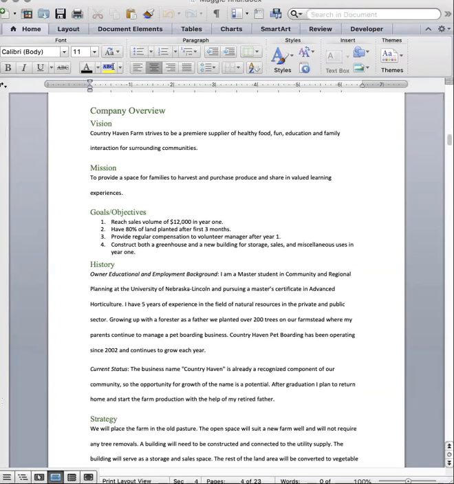She has great mission and vision statements that I'll let you read through, and specific goals and objectives to start her business. Again, in her history, she outlines how she's the right person to start this business. And the current status discusses how her business name already has a well-known reputation in the community, so it has